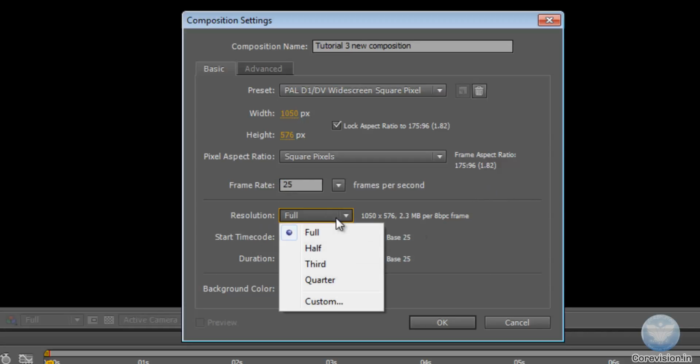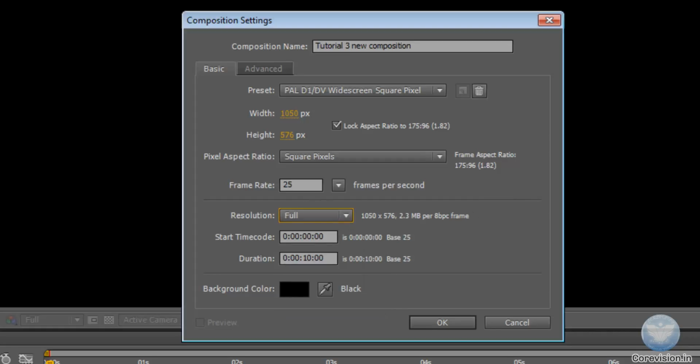The resolution is what quality of the composition is being previewed over here in the composition. Now the next important thing is the duration. The duration is how long your composition is. For example, if you want to show a movie of 10 minutes, let's say it's a short movie, you will set here 10 minutes and then the time will be set to 10 minutes, 10 seconds and so on. I'll just delete this, and for the purpose of this tutorial I will leave it at 10 seconds and click OK. You can see